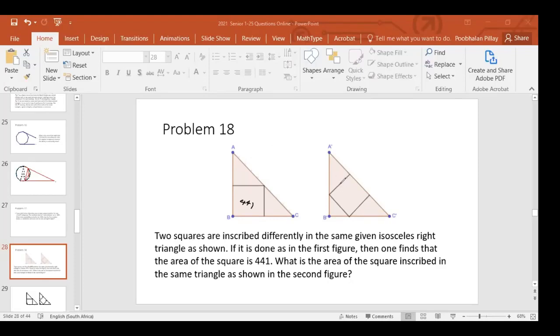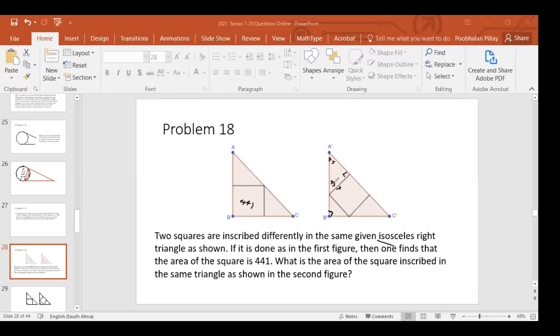So let's give a name to this. Suppose we call the side of the square here X. Now remember, it's an isosceles triangle. There's a 90 degrees here, and you call this an isosceles right angle triangle. So these are equal, so both of them are equal to 45. And this is also a square here, so this is 90 degrees. So this is 45 also, because 90 degrees, that is 45, this has to be 45.